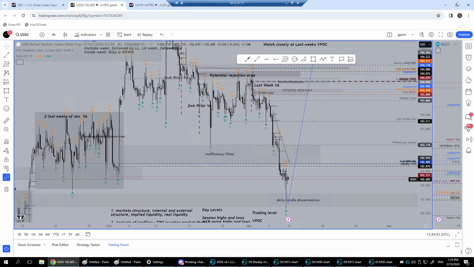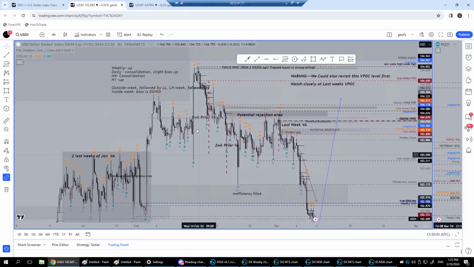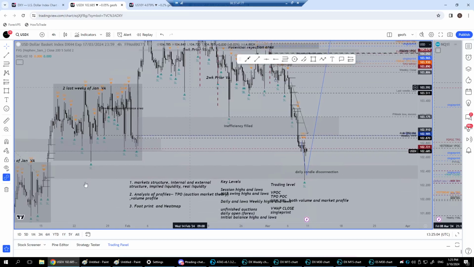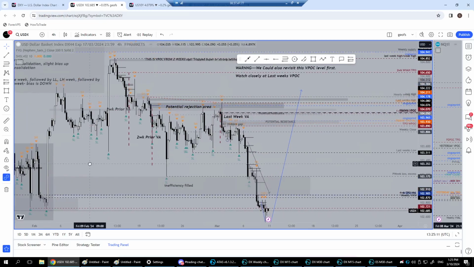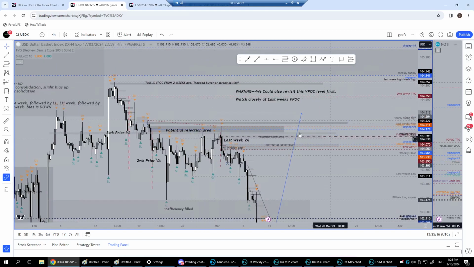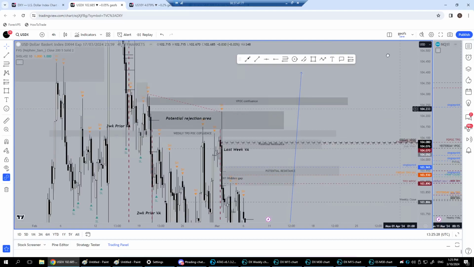So, what I do at the weekend, I'm pulling up my VPS, and I always start with the dollar index, and I have a look at the last week at what's happened, and yeah, it's a bit of a mess as you can see. So I'll start deleting some irrelevant lines just to clean up the picture a little bit. Like the single print's been filled, so it's not relevant anymore.